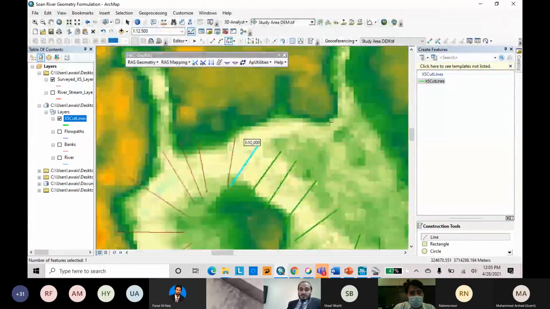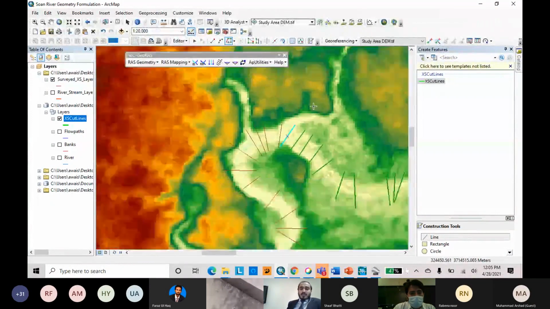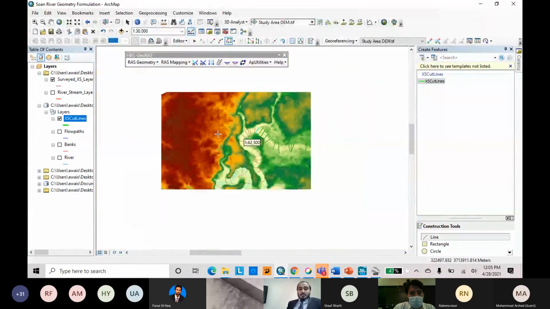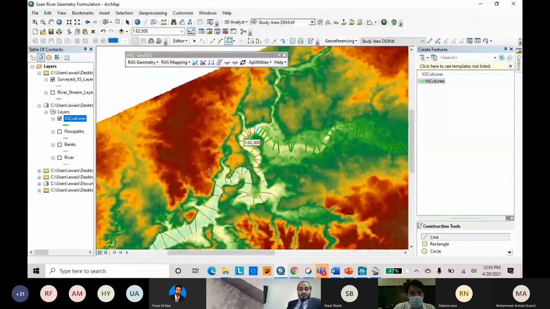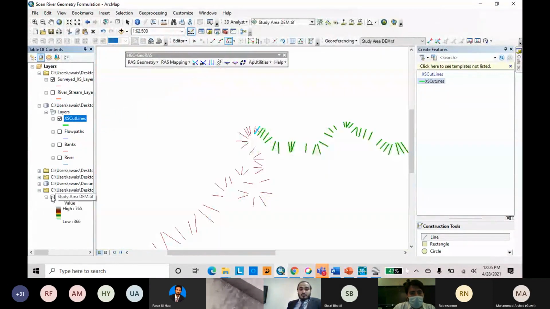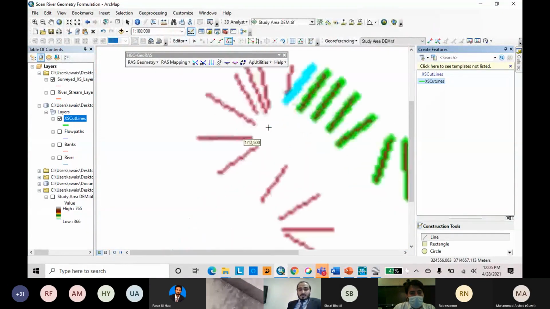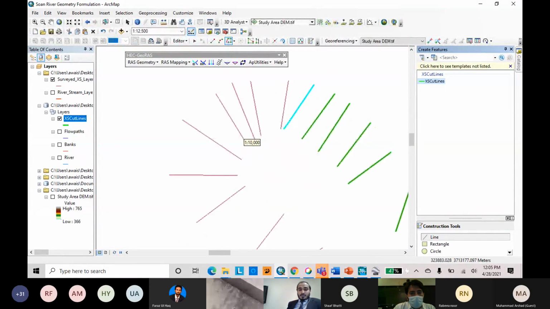Another feature I have to show: the dam we have just input here just for reference, as we can see that our layers are in the same places. If you know the location of your dam, you can also digitize your layer very easily. You do not need it at this step.